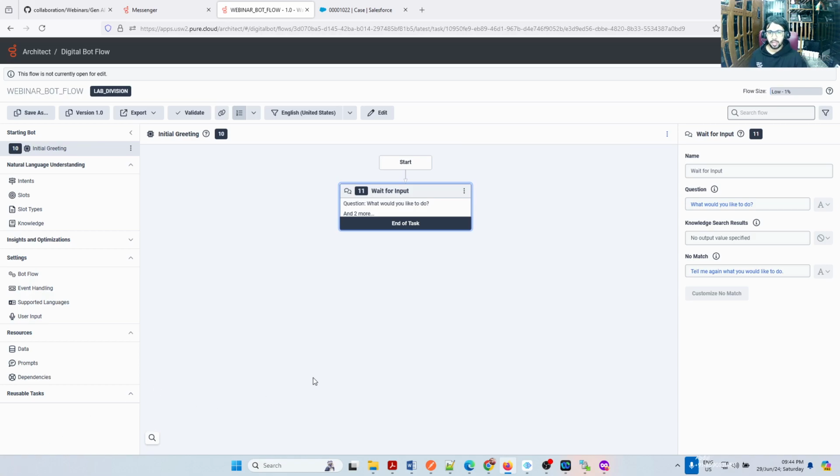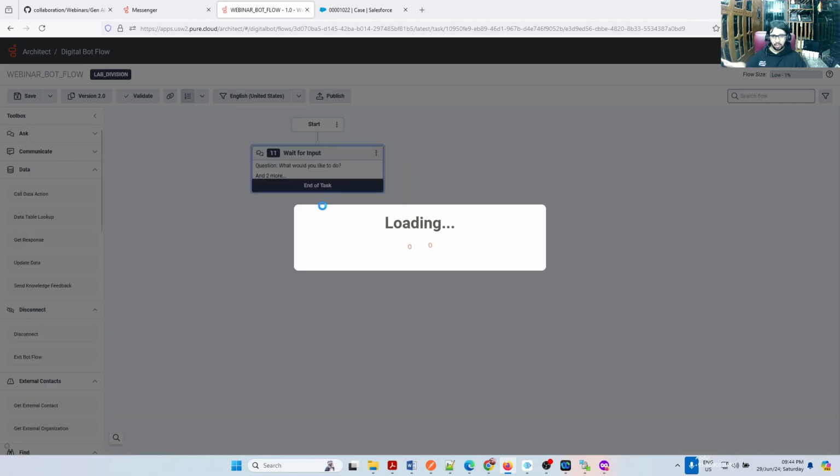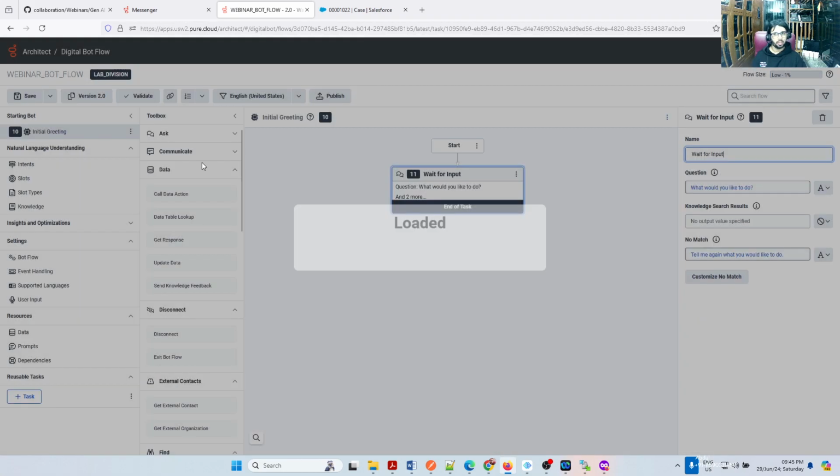So one small thing which I am doing right now is coming back to the bot flow. From here onwards, I will be spending all my time in the webinar bot flow itself. I don't go to deployment, I don't go to messenger, I don't go to the inbound flow, nothing. My connection came here. Now here I can decide what are the things I need to do. Okay. So first thing, I don't like to develop everything on the starting or initial greeting flow. This is the initial greeting, right? Let me click edit because I just opened it. I don't want to build the entire flow here, making it complicated on the initial task.